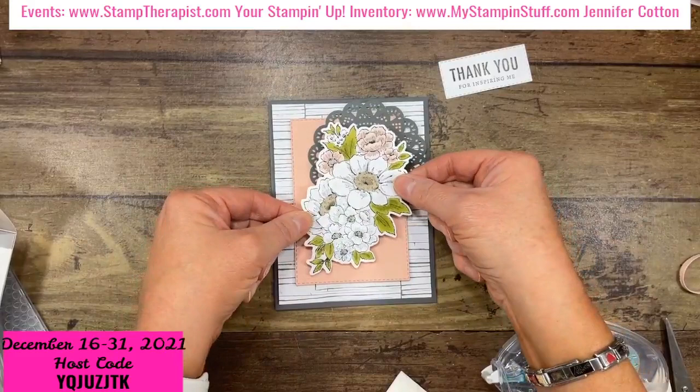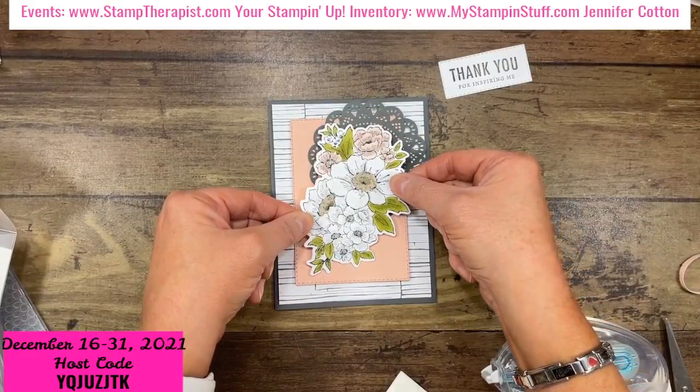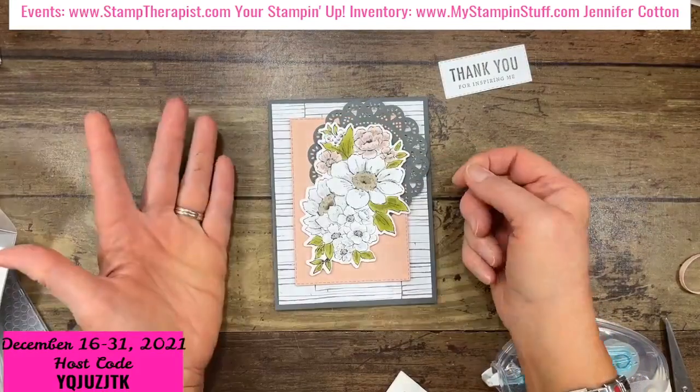Okay, so the flowers go at an angle, bottom left to top right, right over that doily. It's such a perfect